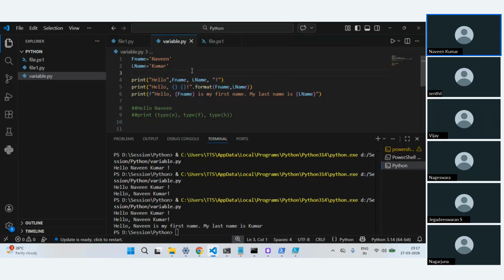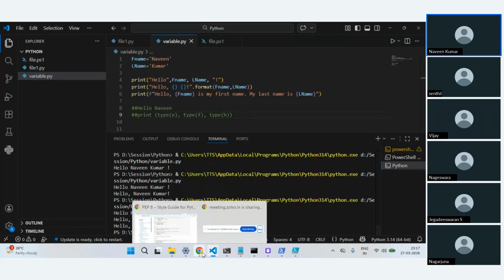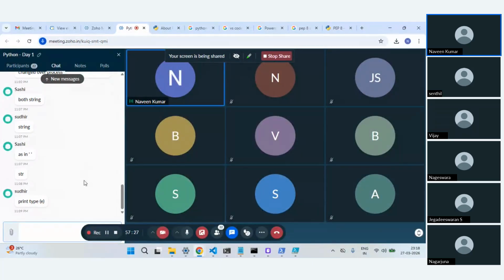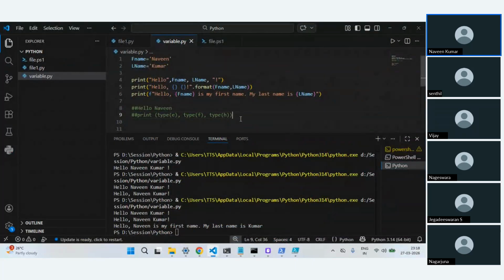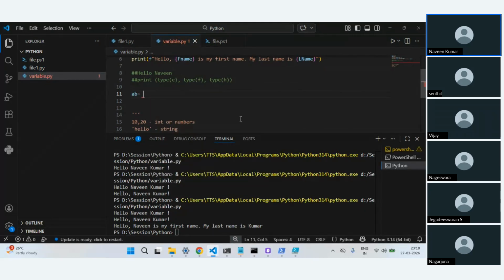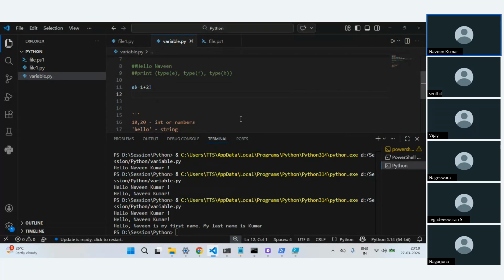There is also one more data type called complex numbers. Have you heard about them, anyone? Again, you will not use it, at least if you are on the core IT side. But if you are from machine learning or data science, for some calculations you will use complex numbers, which will be something like 1 plus 2j, or something like this. This will be treated as a complex number.